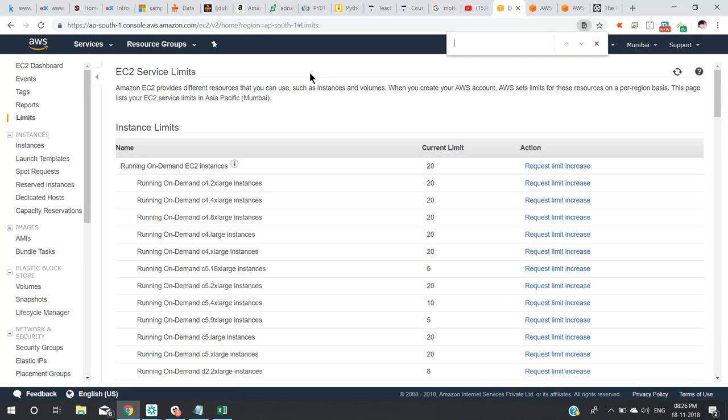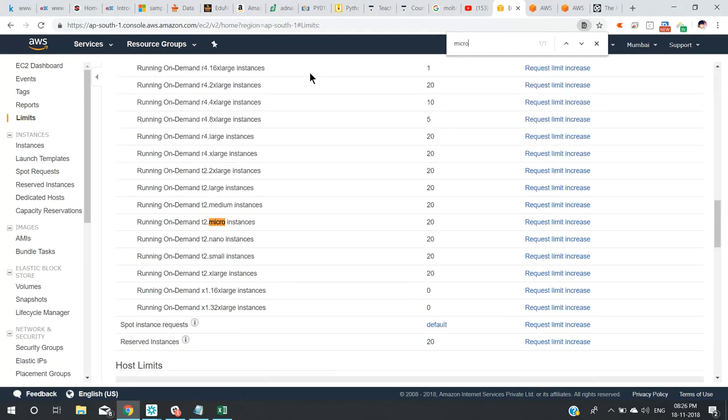Then you will do Control F and look for micro. Right, I will come back in a moment. I'll tell you why I am behind micro, but you have to do Control F and look for T2 micro instances. You need to have a minimum of 5. If you have more than 5, great. Though AWS has given me 20, I will not be using all 20 here,